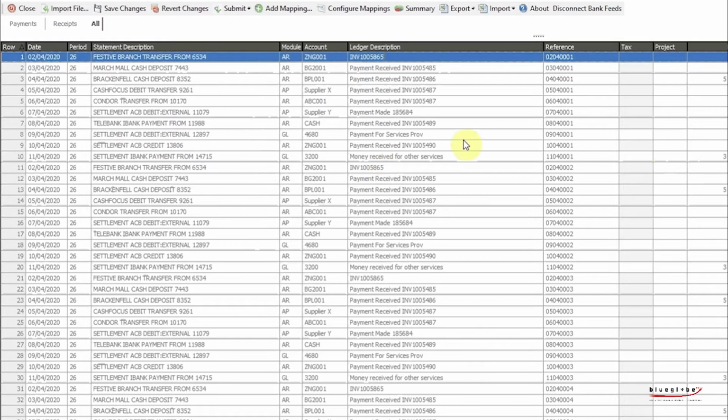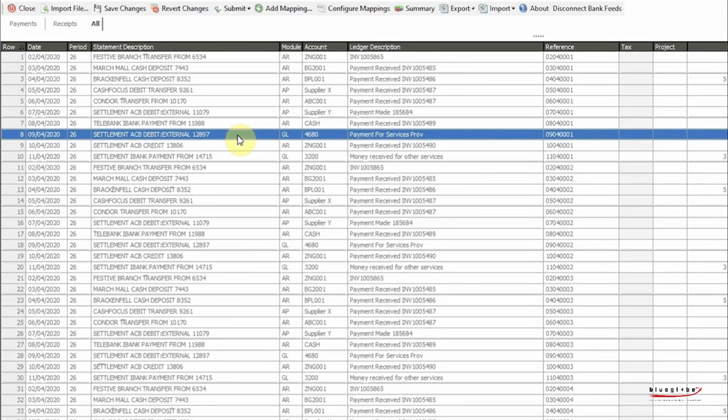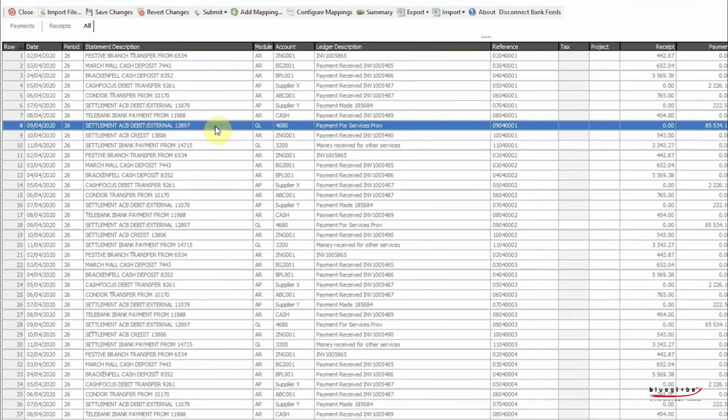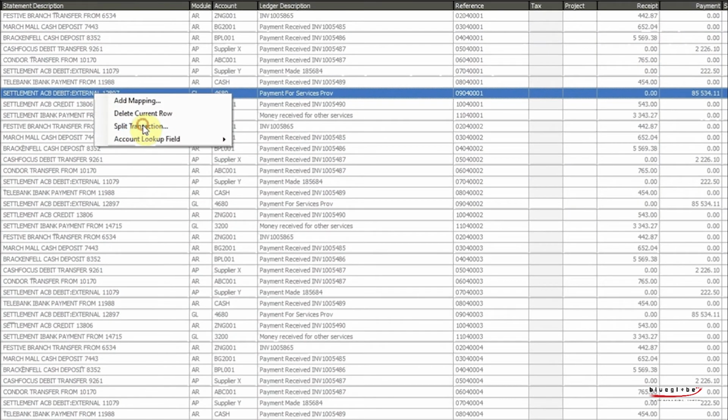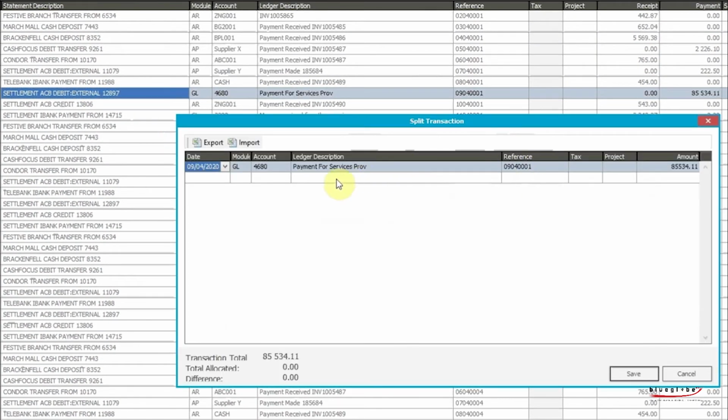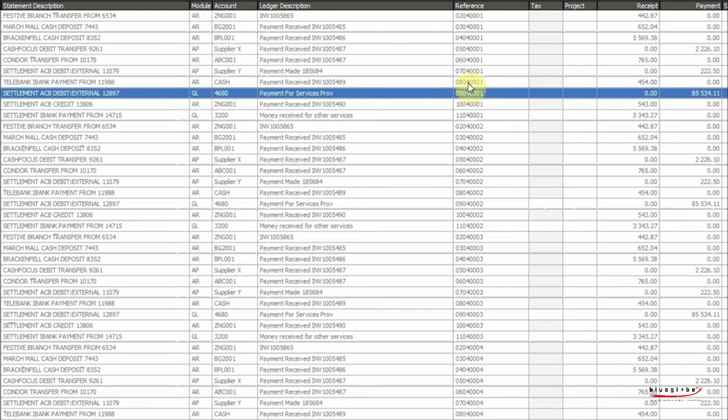You can also do split transactions on the bank statement screen. So what that will do is, if there's a lump sum that is being received or paid, you can then allocate it to different accounts that it's supposed to go to, if it's supposed to go to different accounts. So if you click on split transactions, then you will then be able to allocate different accounts to the whole lump sum of, for example, the 85,000. And once you've done that, you'll just click on save, and then that transaction will be split across those